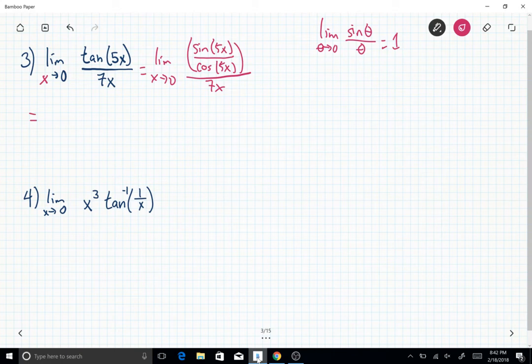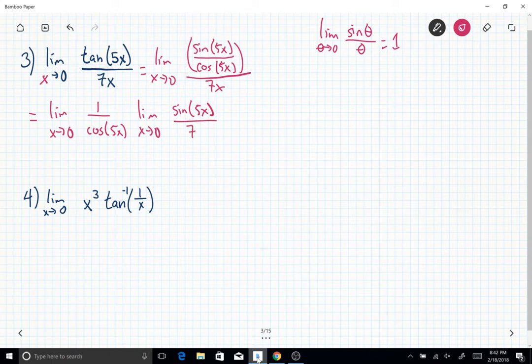So this thing equals, we can break up limits since we have a continuous function in the numerator and a continuous function in the denominator. We can break up this limit how we want. So what we'll do is break it up into two limits. 1 over cosine of 5x, and that's coming from that up top. And then we can write the other piece as sine of 5x